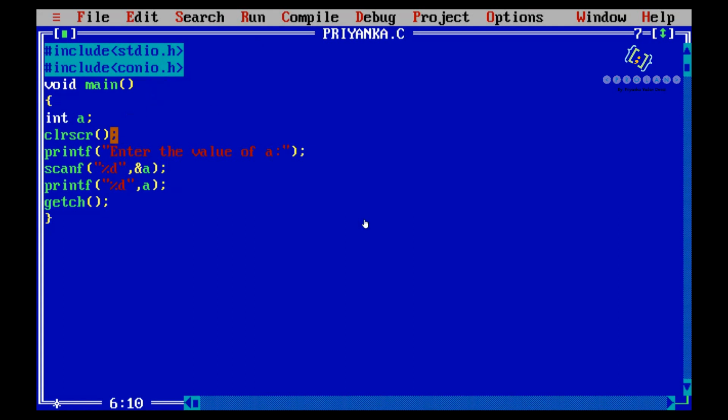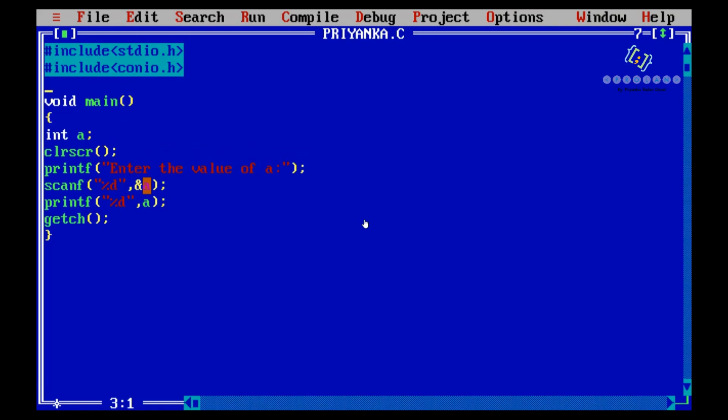So this is how you can take a value from the user, scan that value, store that value into a variable, and then print that particular value. Now let's take one constant in the program. How to include a constant in your program? With the help of two things: the #define statement and the const keyword. I'll be taking the #define statement. So #define, name of the constant, I'll take it as B, and I'll assign the value 5. So I have declared the constant B with the value 5.